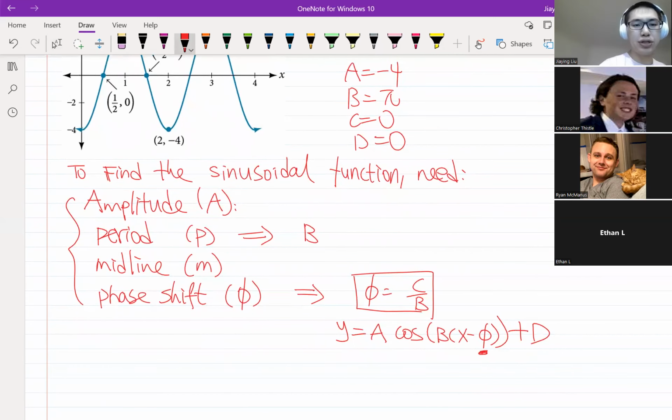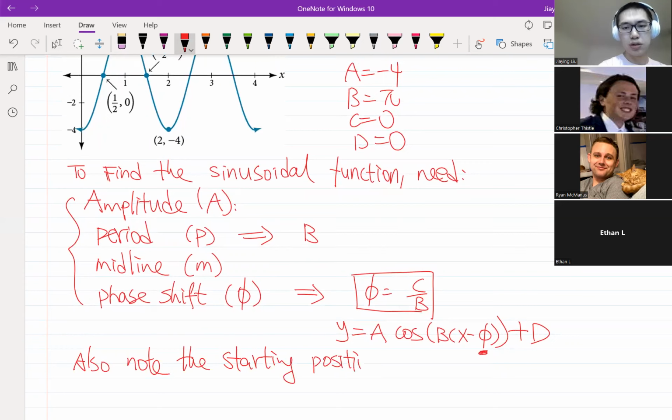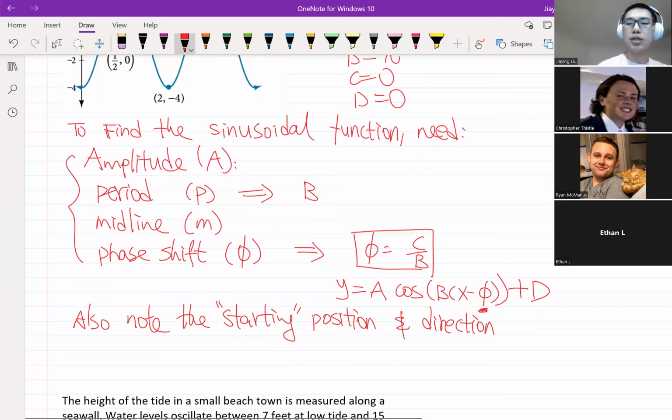And another thing we need to be careful about is to also note the starting position and direction. Let me put a quotation around starting because it's a periodic function, so it doesn't really have a starting point. But we could say, okay, I'm going to start with this point and try to graph it on both sides of that point. So what I meant by that is,